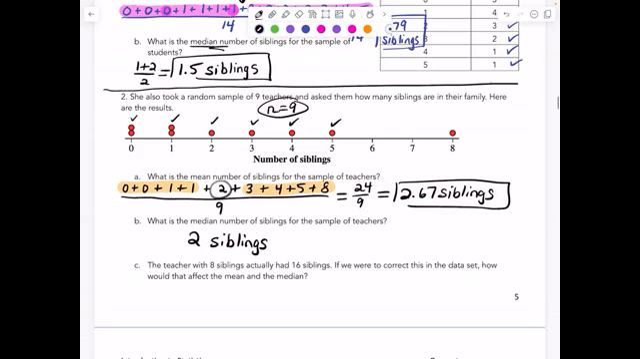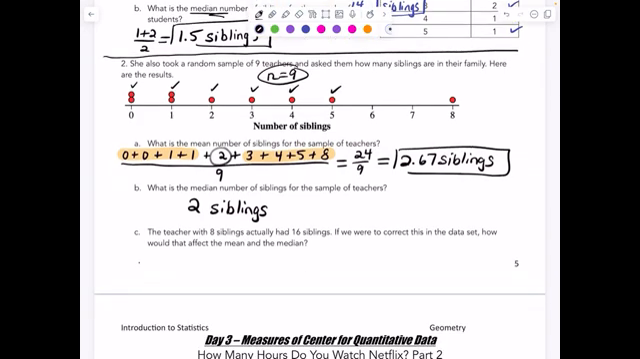And then to conclude all of this, it says the teacher with 8 siblings actually has 16 siblings. Holy cow. So we'd cross off the 8 and we'd put in 16. If we were to correct this in the data set, how would that affect the mean and the median? So what I would do is I would cross off the 8 and put in 16 and then divide by 9. So this would be 24